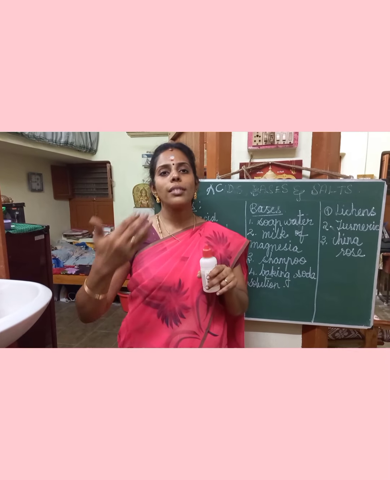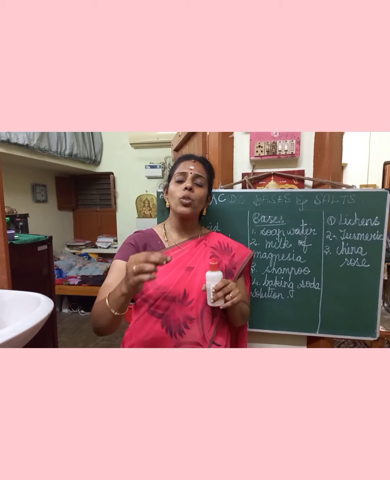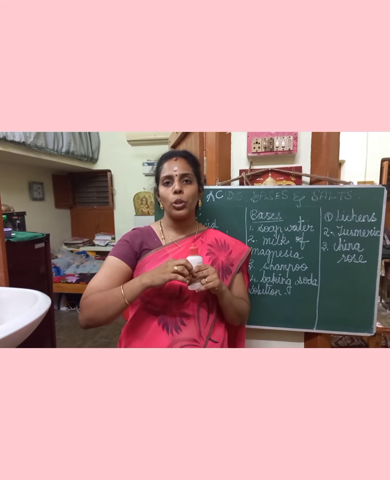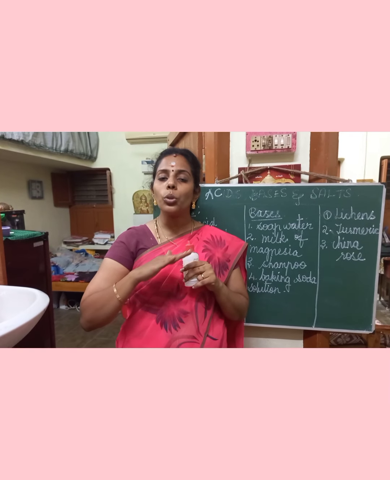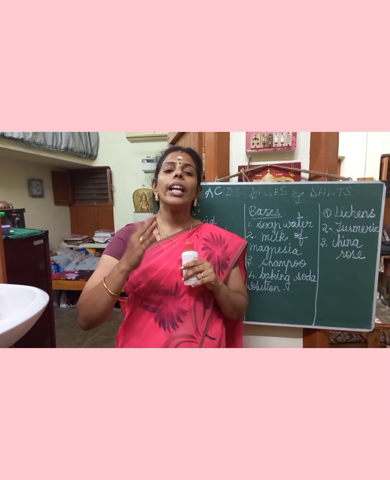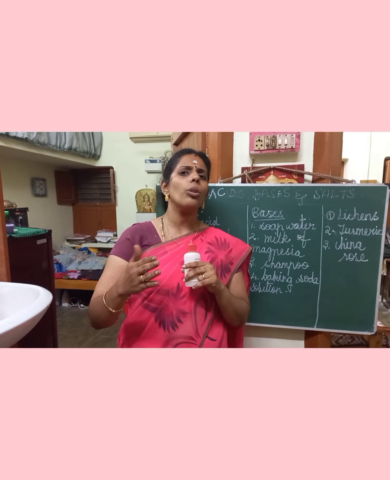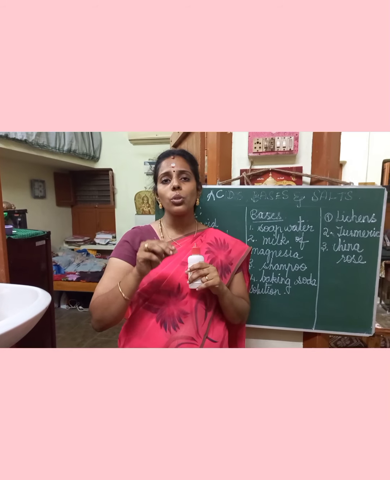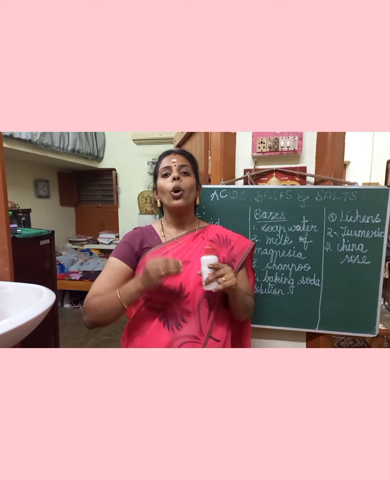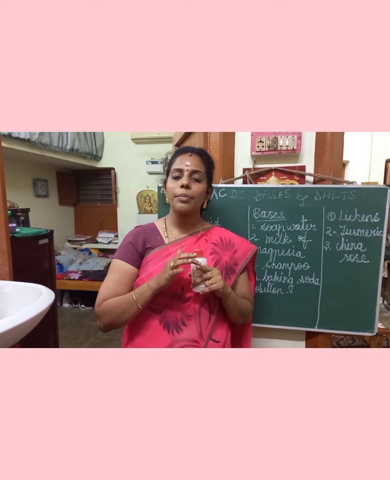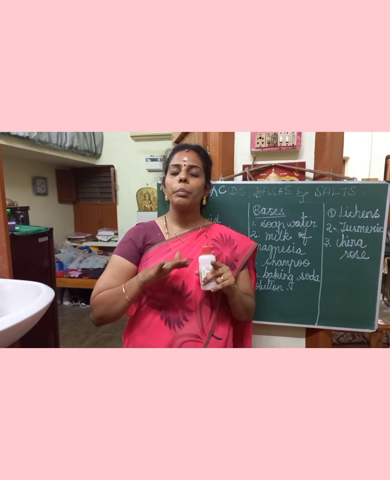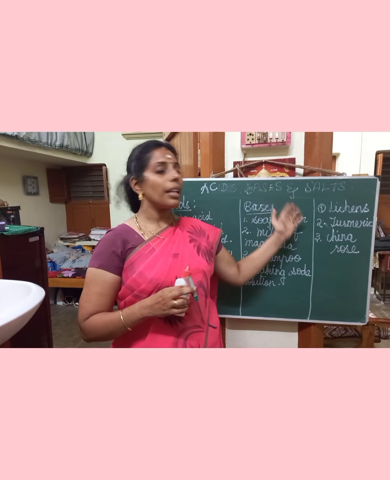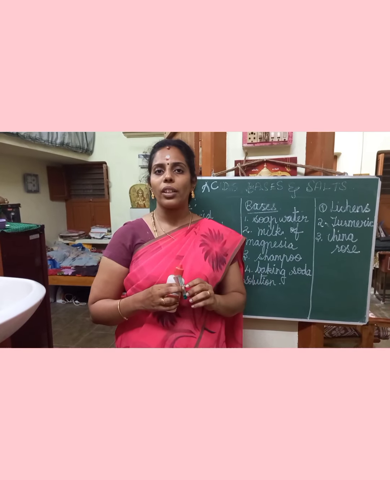The second example is the bite of an ant. If an ant bites or stings you, formic acid is produced. In order to neutralize it, we have to apply calamine solution. You can take any insect bite; immediately doctors advise us to apply calamine lotion to it. On applying calamine lotion, the neutralization reaction takes place, so it becomes stable. So these are the importance of acids, bases and salts and the neutralization reaction.